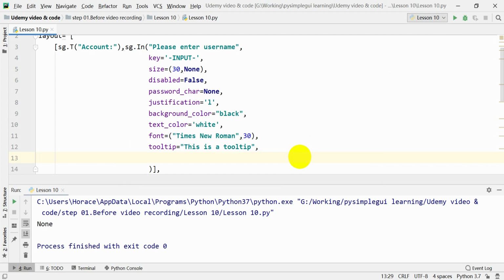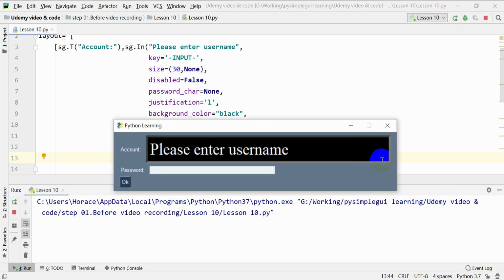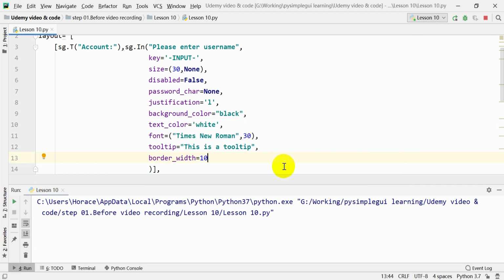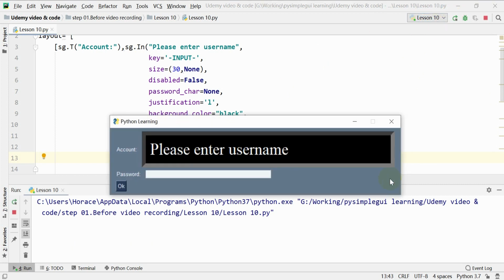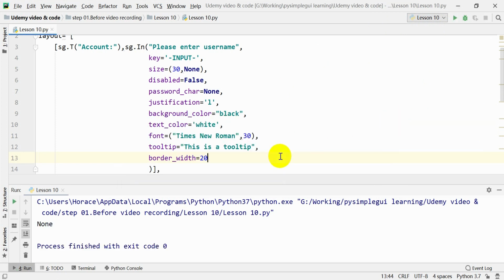And after tooltip, there's the border width. Let's say 10. So if we put 10, the border is kind of small. We can barely see it. So let's make it a little bigger, say 20. Okay, now it became very obvious. So after border width,